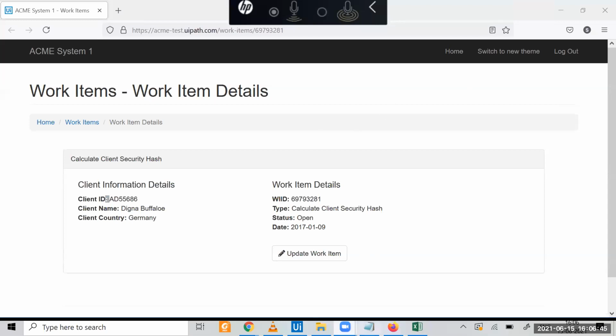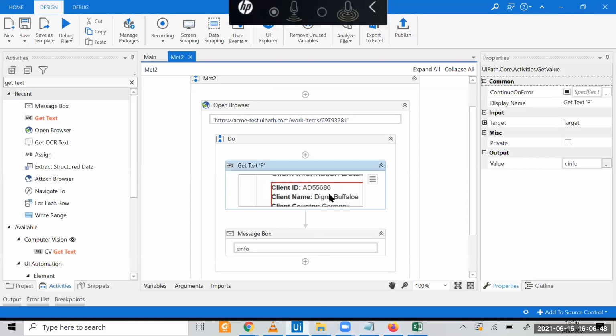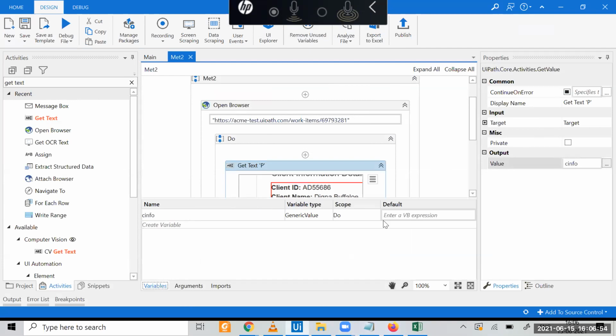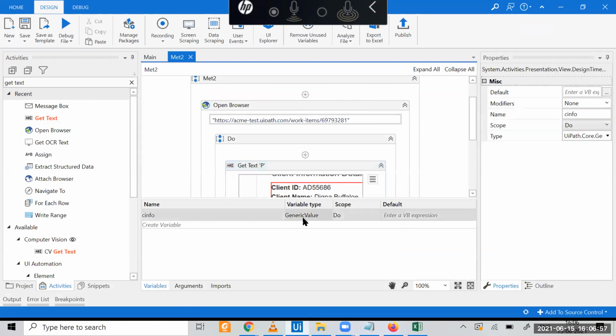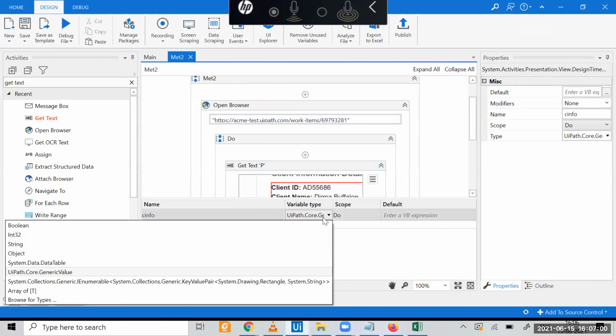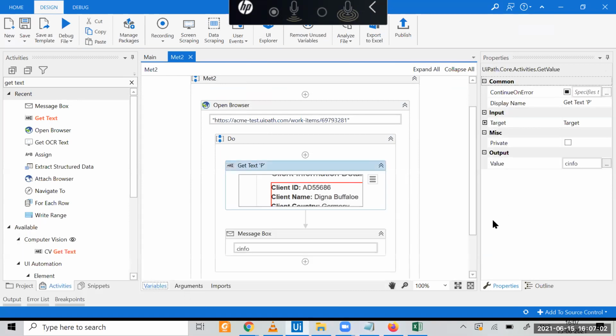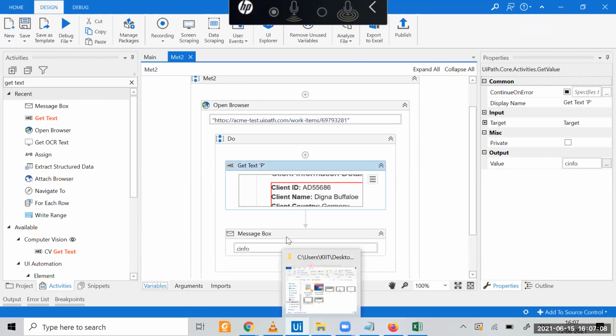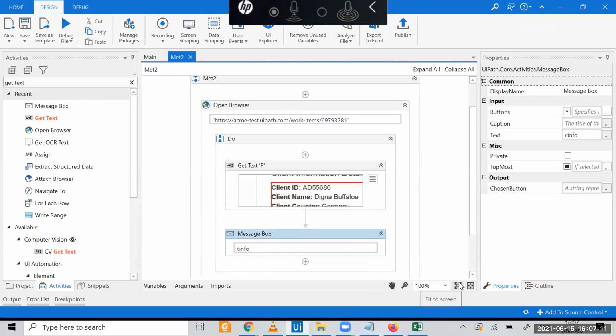Okay, now if that is the case, how to do this one, right? We have already stored this information in an output. Now what we have to do is store this as a generic value, so that I don't have to bother about whether it is a string or anything. So I will not keep that in a string. Now, how to do the assigning or picking out the element extraction? This is a part where UiPath is facing a problem.